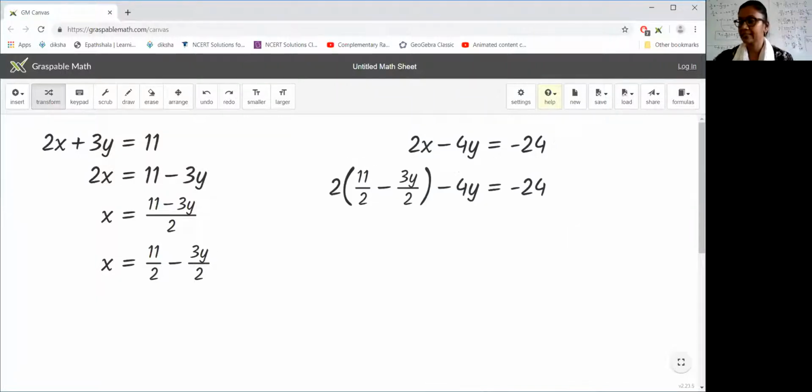You had the x there in the second equation, which is getting substituted with this. This is equation 3. You started with equation 1. This is equation 3. So substituting 3 in 2. This is your 2. So in the place of x, I have put 11 by 2 minus 3y by 2. Now what I have to do, I have to multiply this 2 with both the terms inside. See, it's multiplying. Got it?